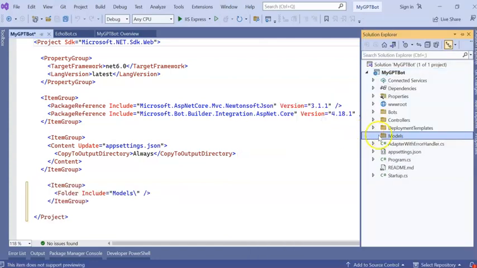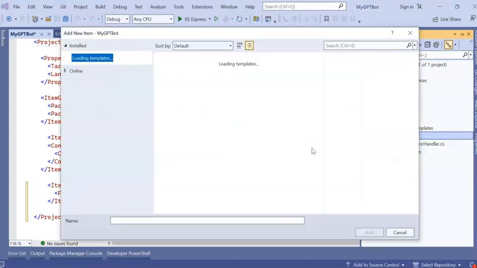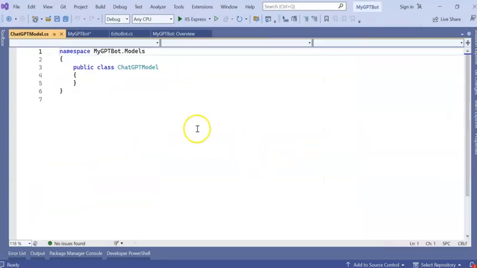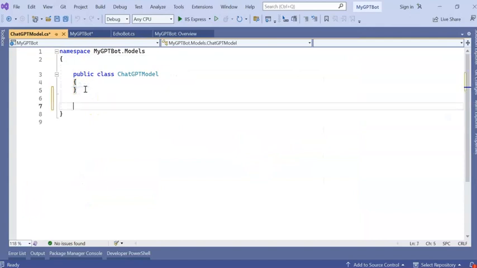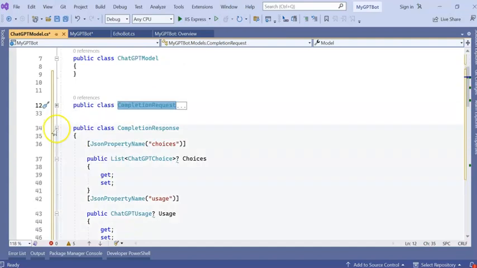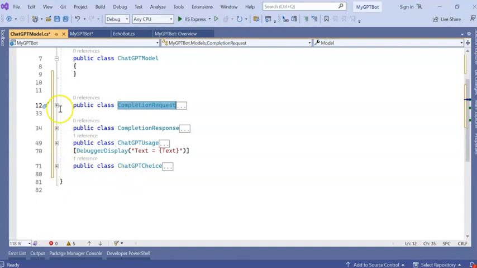So I'm giving Models. Inside this I am adding a class, let's say ChatGPT model.cs. Inside this, I am adding separate models which are completion text, completion request, completion response, ChatGPT usage, ChatGPT choice, and we